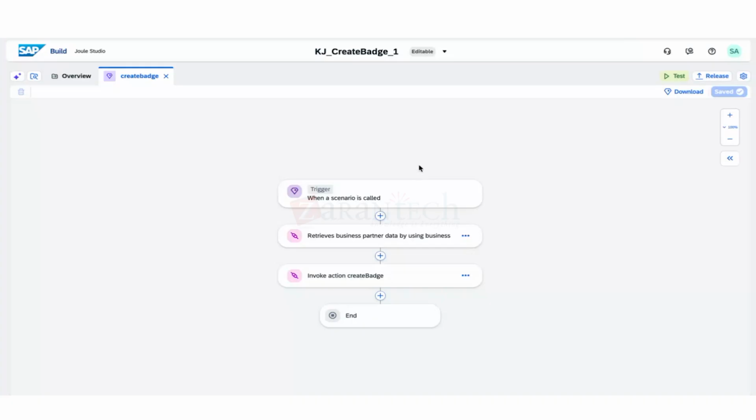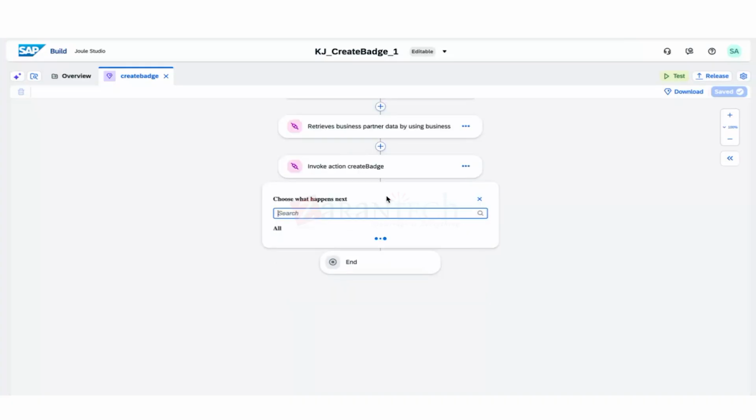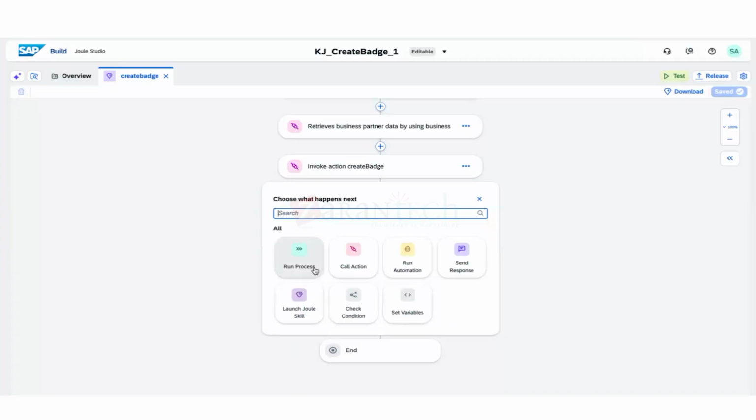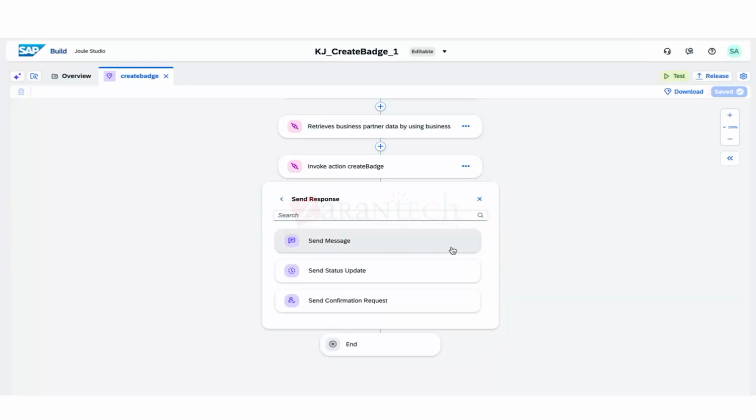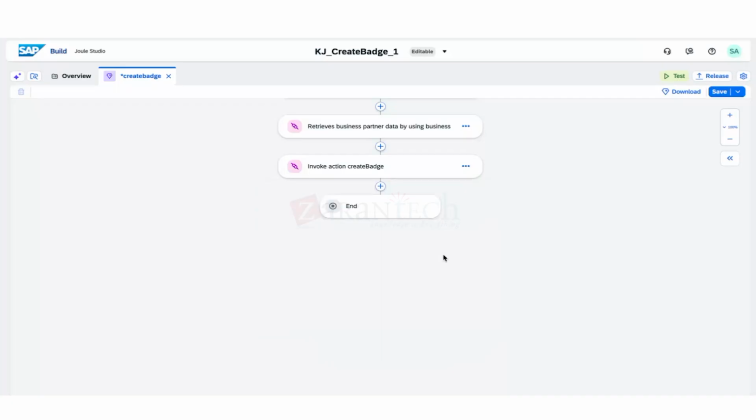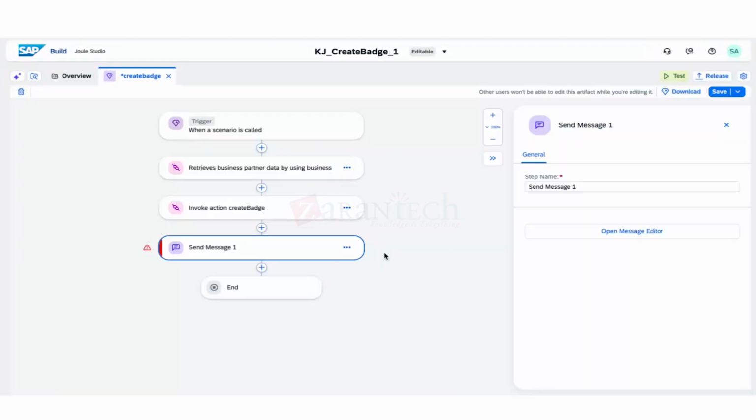After the invoke action in the flow, if you expand that, you will see something called send response. If you click on send response, you will see a thing called send message. So what is send message? Whenever you open the Copilot and type something, the information that the system has to give back to you is what you configure in the send message. Here, if you go to the open message editor,